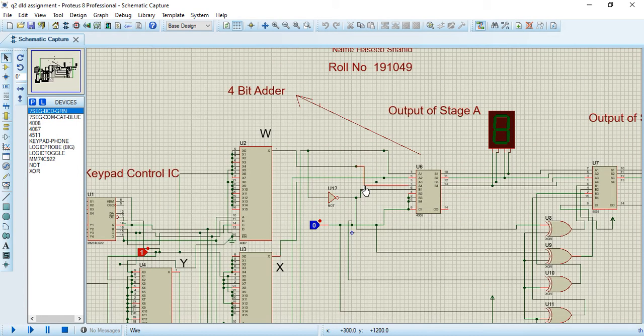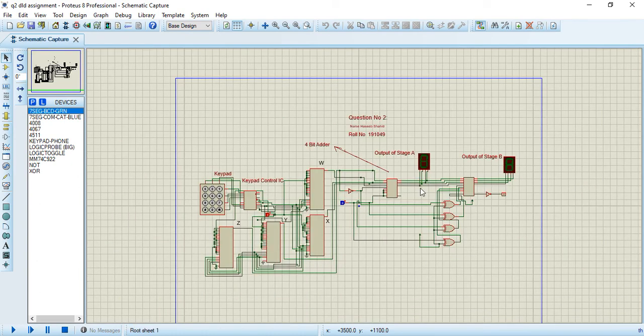The basic difference between odd and even numbers in binary is that the least significant bit of an odd number is 1 and for an even number it is 0. From that classification we can easily convert the even number into an odd number, and an odd number is directly shown at the output. In the second stage, the odd number changes again to an even number and an odd number always remains the same. So let's start the simulation.